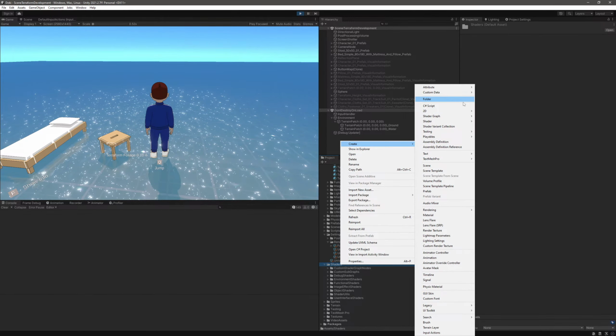And then we're gonna have a file, terrain data unpacking, I think we're gonna call it. So that's just going to be an HLSL file that contains all the